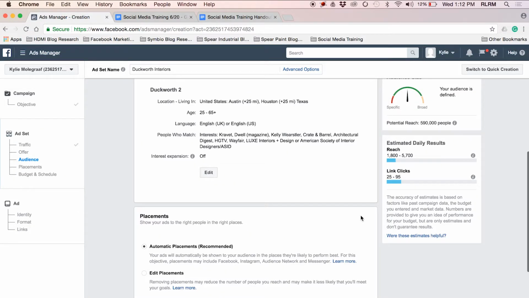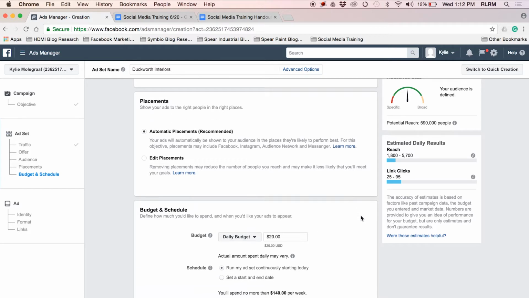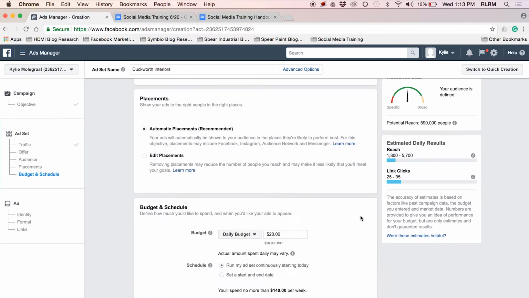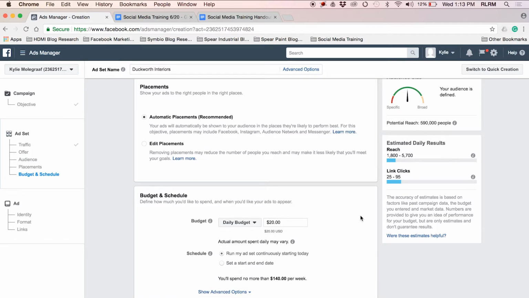Anyway, keep going because I want to save. And then you get to this point where you can save this audience. So let's save this. I'll save it as Duckworth 2. Okay, saved. So if you can target a boost, then what's the difference between an ad and